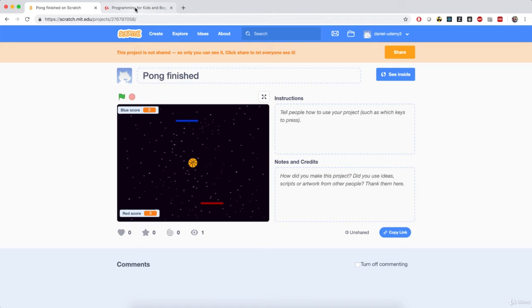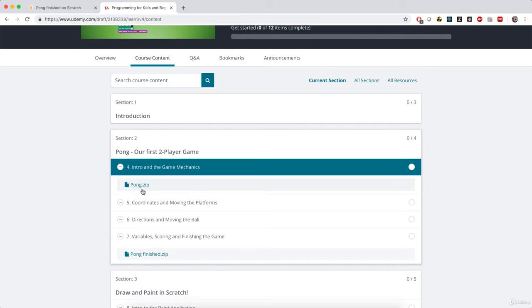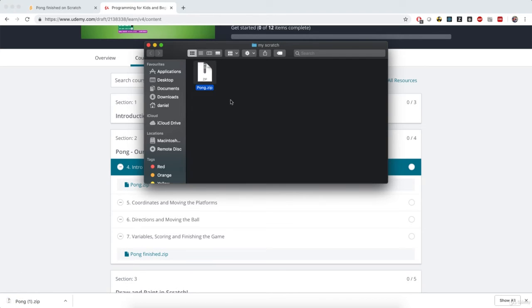Before we start, go to the course page, the course dashboard, and download the file attached to this exact lecture, this pong.zip. So download this to your computer. After you download this file to the folder of your choice, either on desktop or anywhere else on your computer, you'll have this zip file, which I recommend you extract. That is, either double click on it if you're on a Mac, or right-click and click on extract here if you're on Windows. And you'll end up with this little file called